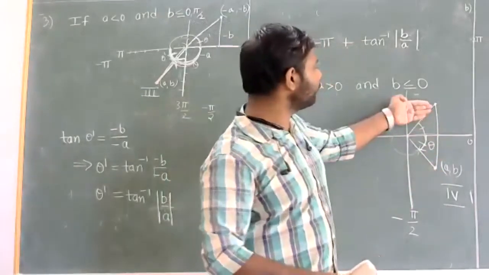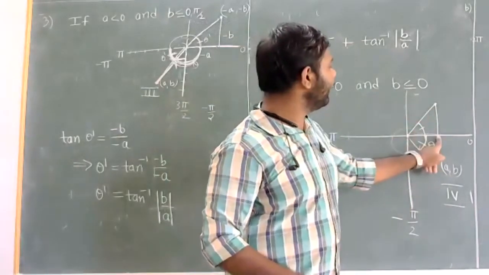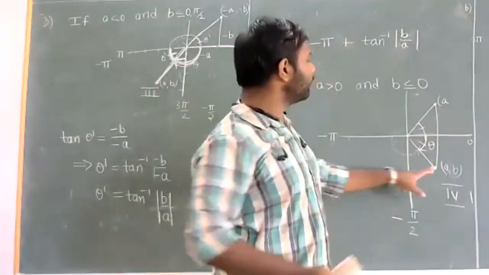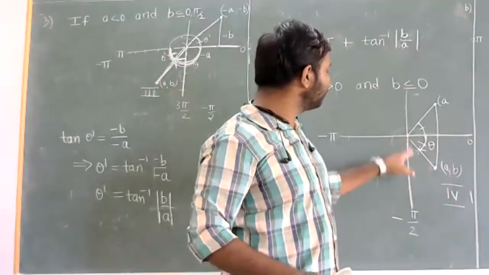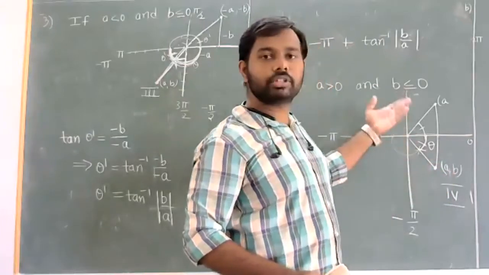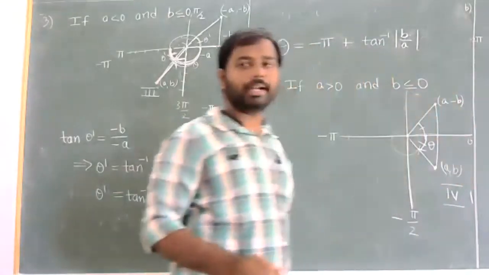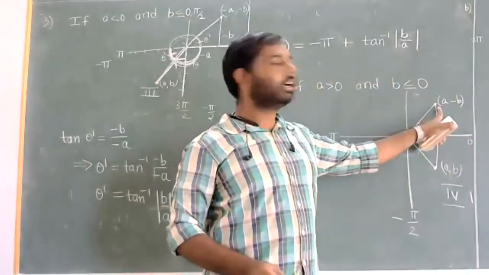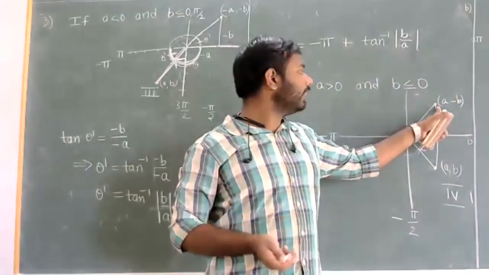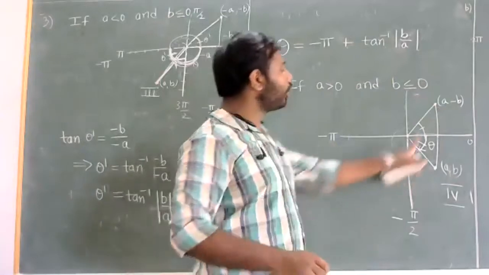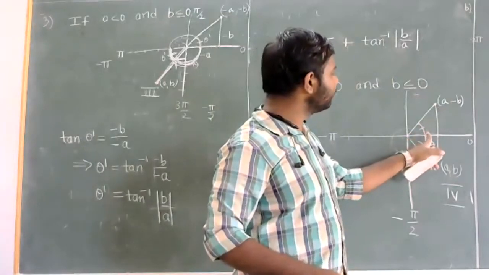As it is a mirror image, here A remains constant, but B changes. Here B is actually a negative value, but when it comes to the upper half plane, B will be positive. So B changes to minus B. Once again, I have a point in the first quadrant, and whenever we have a point in the first quadrant, we can easily find the argument value. So this is nothing but theta.